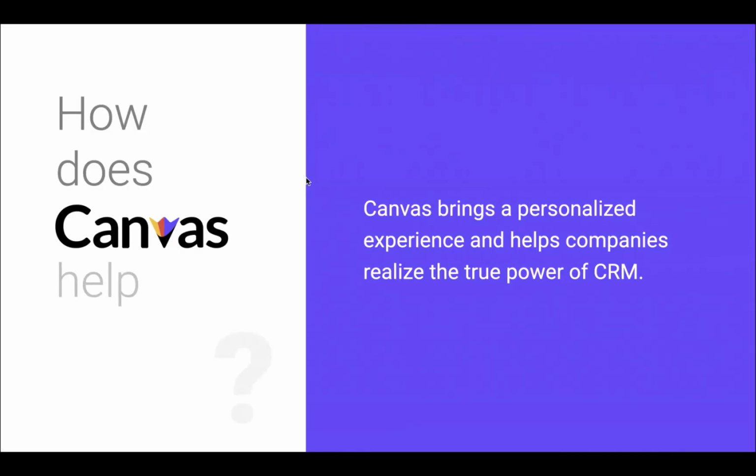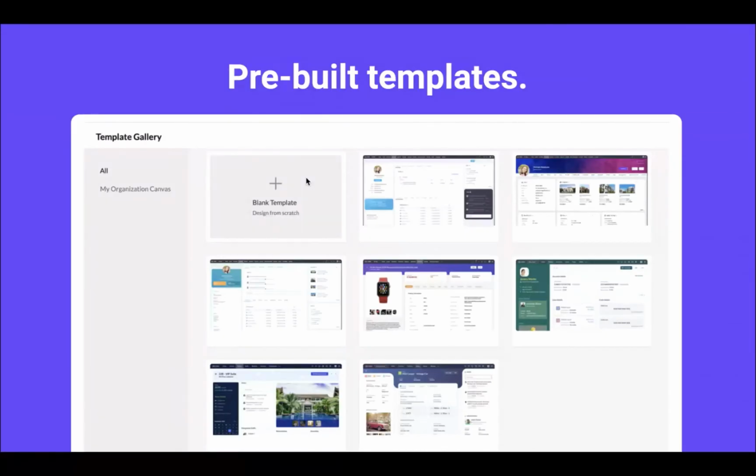Canvas is our ambitious step in our journey to create user experience autonomy. We are essentially giving the control to our customers so that they can be the master of the experience that they derive from using Zoho CRM. For starters, templates. Canvas comes preloaded with templates that our in-house designers created. If customers are looking for inspiration, they can pick one of these and dive right in.